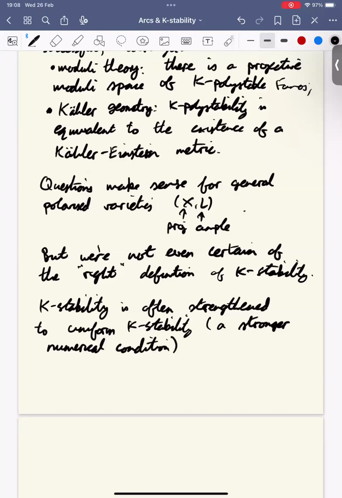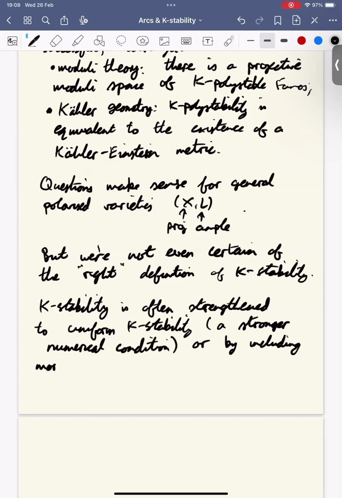Yeah, I'm ignoring the many people who've made progress in these kinds of directions. I'll mention I saw Matthias in the audience, so he was one of the people involved in the story. So that's one way of strengthening K-stability, but another important thing to consider is maybe generalizing the class of degenerations that you consider. So by including